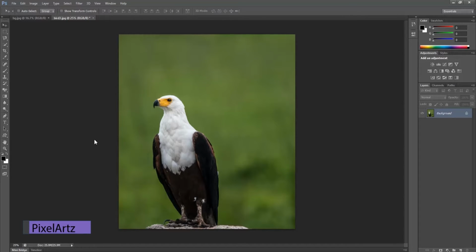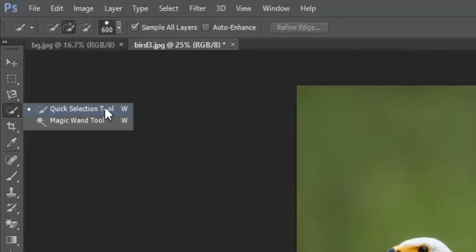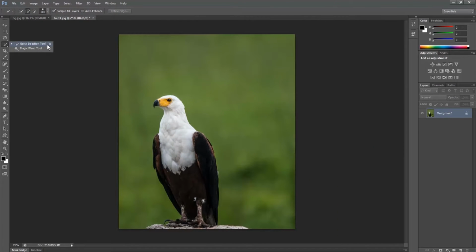In today's class, we will discuss the Quick Selection Tool. Its shortcut is W and it is located below the Lasso Selection Tools. Quick Selection Tool selects the pixels based on the edges of an object. In simple words, it detects the boundaries to select an object or an area of the canvas. It is one of the most used tools due to its quickest way to select an object.